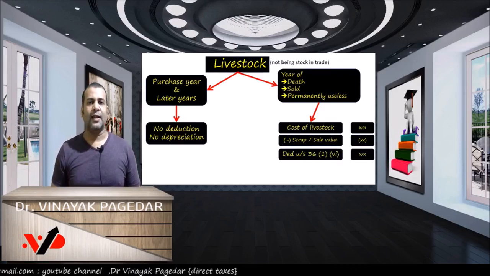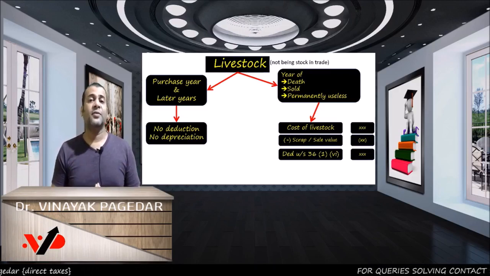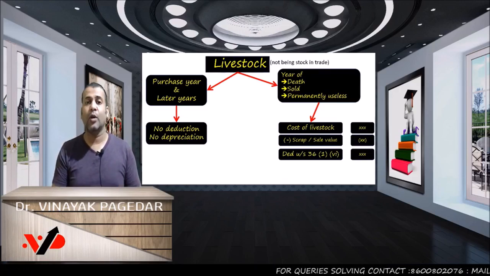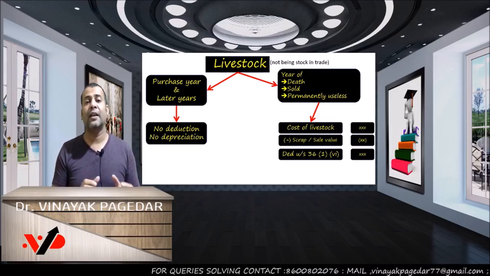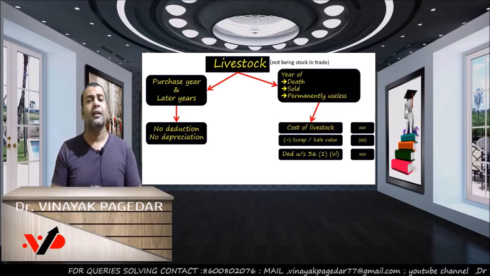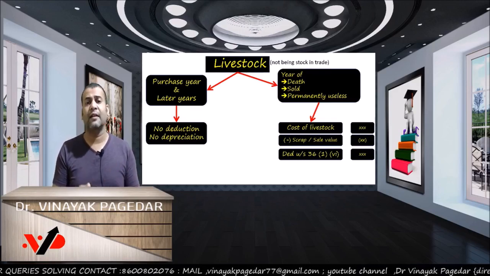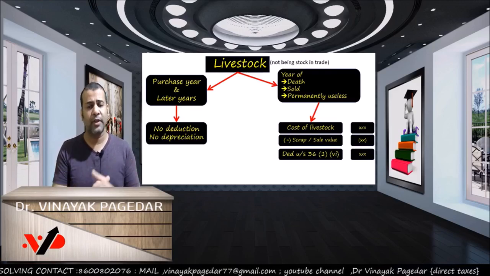Now, many of you are thinking, what exactly is a scrap value? So I'll explain to you what we mean by scrap value. Try and understand, in dairy farms, typically when a buffalo dies, what happens? The dairy farmers have a contract with the leather factory that the leather factory will come and take away the carcass, the dead body, because they will use the skin, etc., in making shoes, etc., whatever they produce.